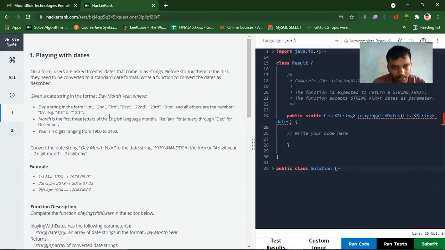First, second, concatenated with second. 3 is concatenated with RD. The 21st is concatenated with ST. The month is the first 3 letters of the English name: Jan for January, up to Dec for December. Jan, Feb,